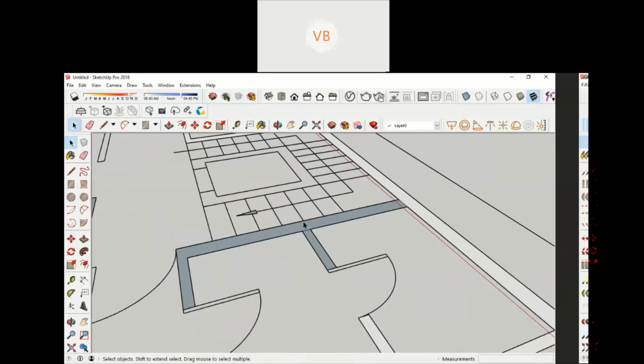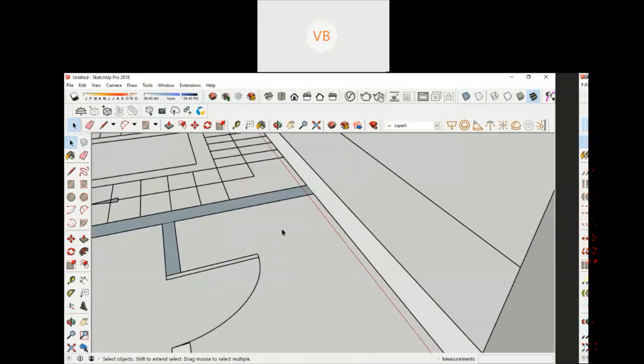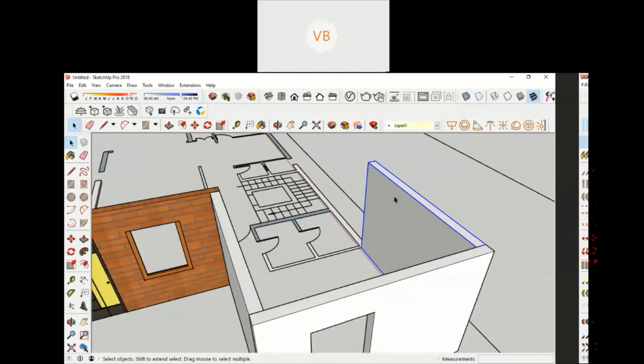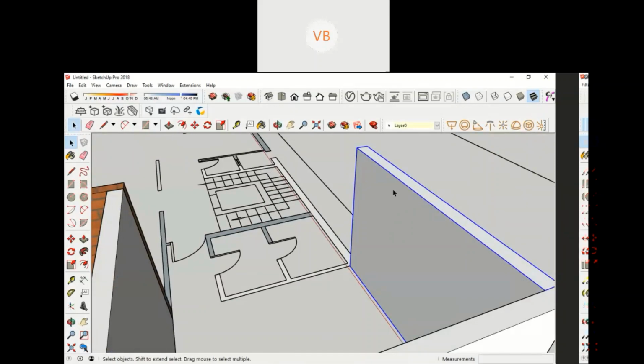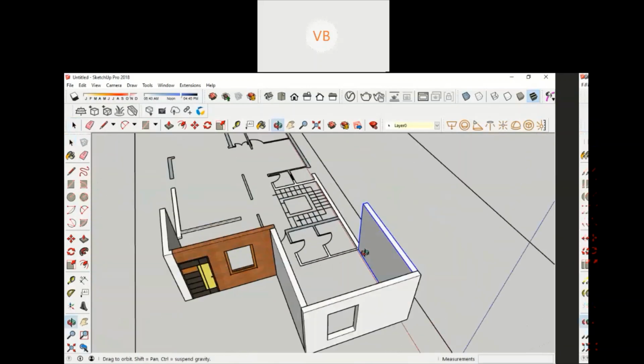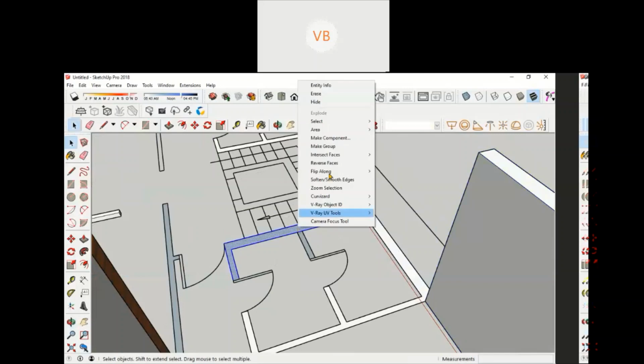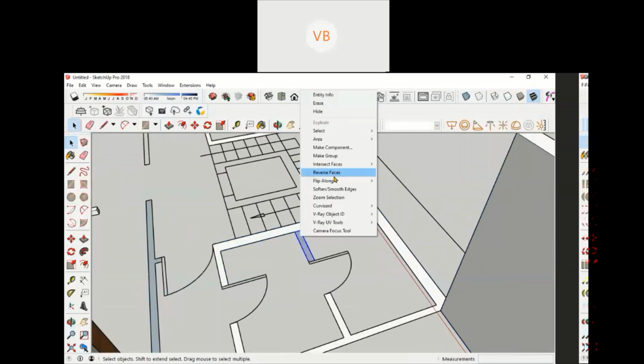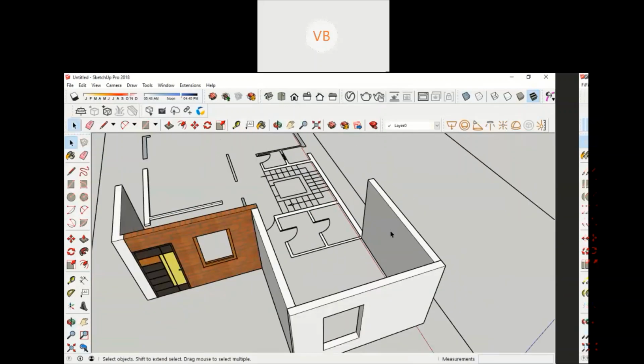If you apply material on a white surface, the output will be correct. So that's why make sure all your surfaces are white in color, all the final output, all your walls are white in color.